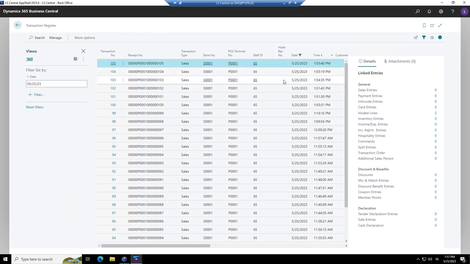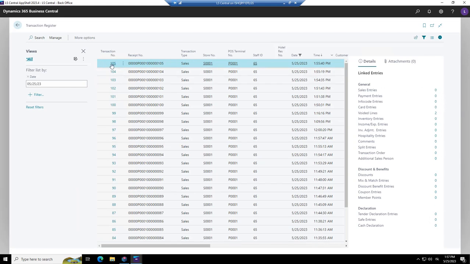And remember we did 3 sales. So the last sale, what kind of a sale was that? That was the voided sale we did, right? So you see sales entries is 0. Voided lines are 2 because we did 2 lines. Payment entries is nothing. There is nothing in here about this sale.